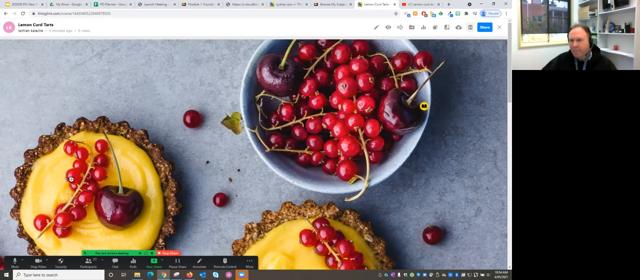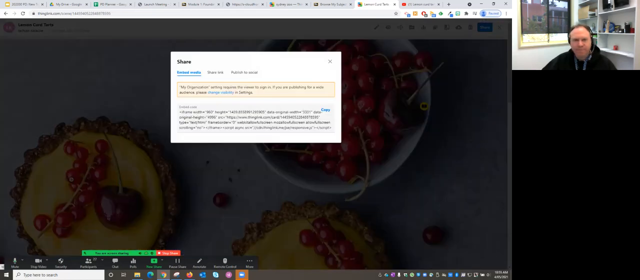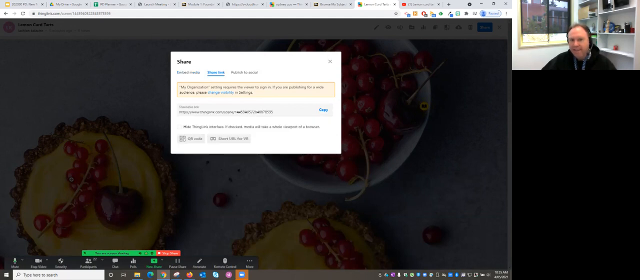At this point, if I want to make that shareable, I can embed my interactive image, and that's probably going to have the most interest for you if you're wanting to make an interactive infographic, visual, whatever you want to call it, and embed that within your subject sites. You can definitely do that. Or you could just get the link. And if I hit copy